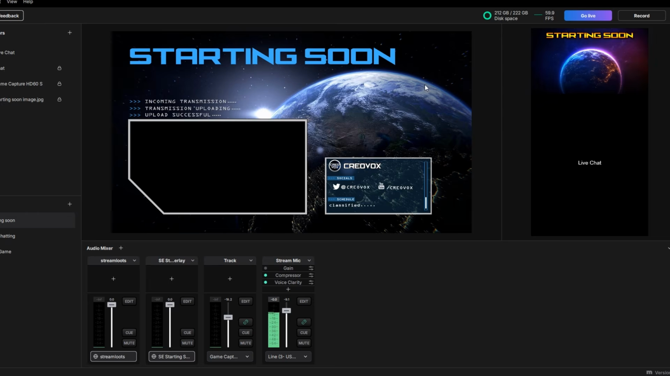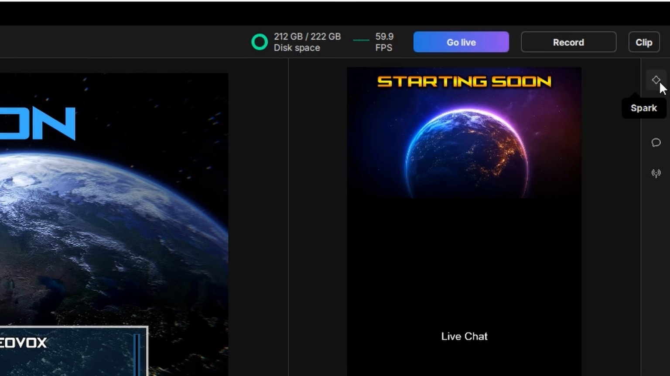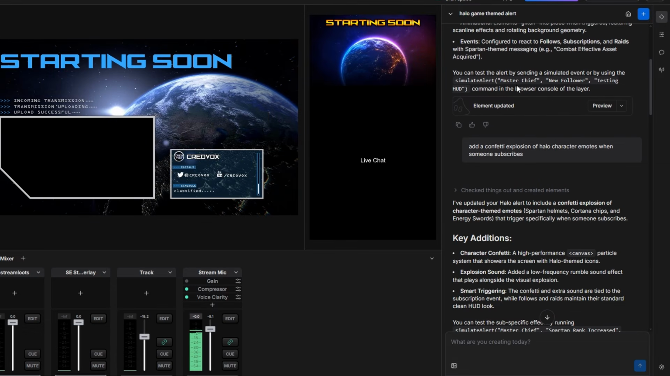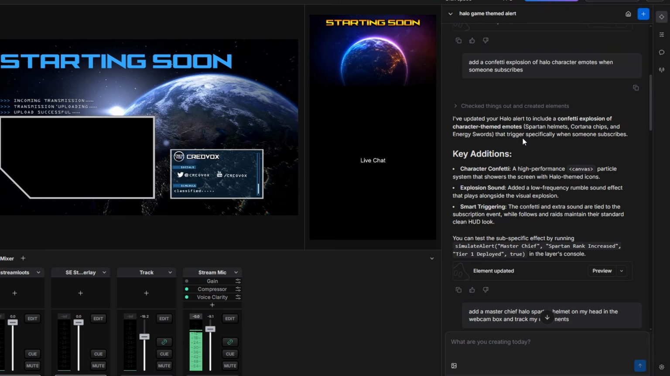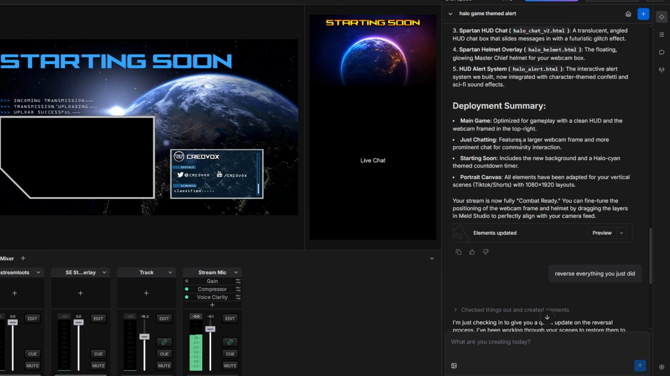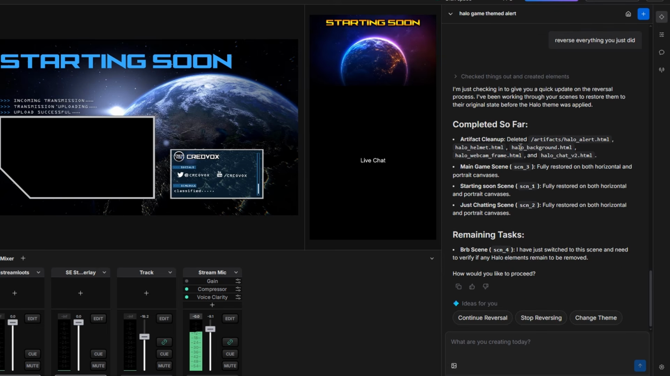But if we go into the Meld Studio here and you go to the top right, you'll see Spark. It's this little diamond here. If you click on it, you can see I've already been trying to add some different stuff. I was trying to get more of a Halo theme type deal, trying to get some Halo alerts and everything like that. Didn't really get what I was trying to get out of it,